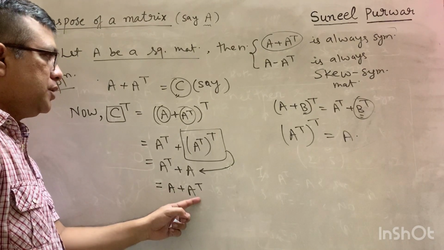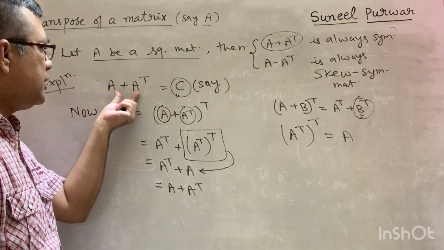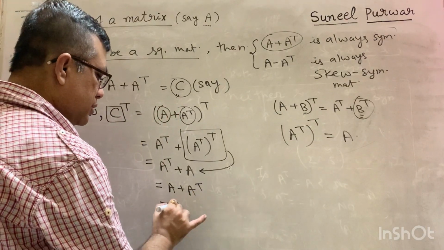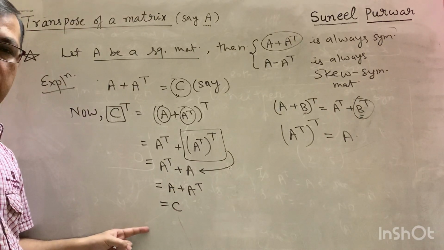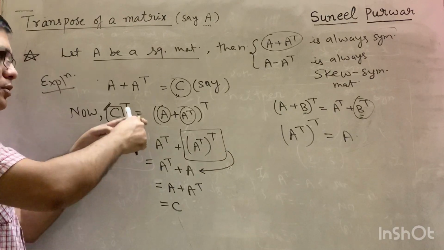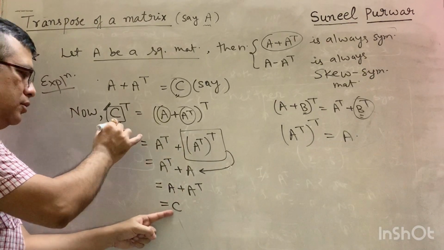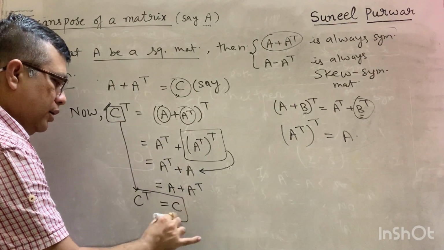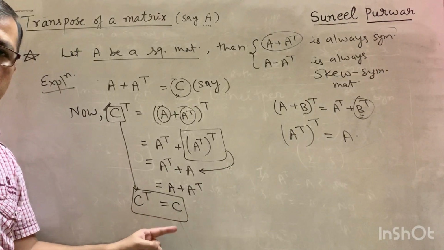But A plus A transpose, ये किस मैट्रिक्स का नाम था? A plus A transpose was the name of matrix C. So this is nothing but matrix C. तो देखो हमने शुरू कहां से करा था? फ्रॉम वेयर वी हैड बिगन, फ्रॉम हियर. C ट्रांसपोज कंटिन्यू हो रहा, सिंप्लीफिकेशन एंड वी रीच्ड हियर. सो रीराइट इट, C ट्रांसपोज. तो अभी देखो क्या दिख रहा है? C ट्रांसपोज इज इक्वल टू C.